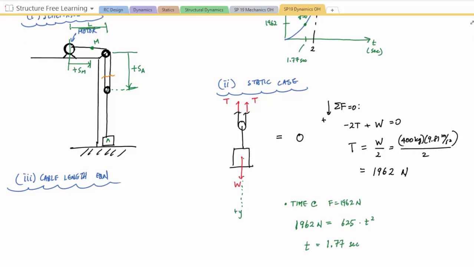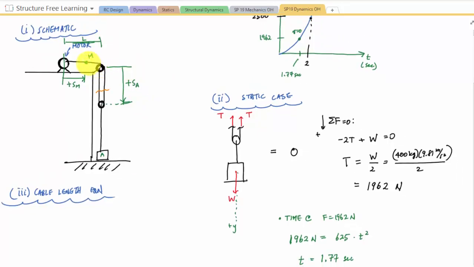And the length of the cable I'm interested in is this orange part. Here, I'll use green or red. It would be this plus this. That red distance would be the cable length that I'm interested in. And this first portion right here is L minus SM, based on the way I chose my reference, plus 2SA